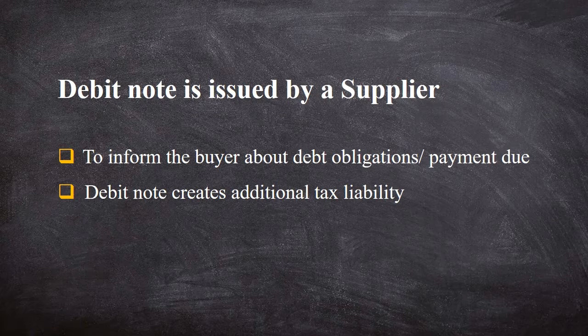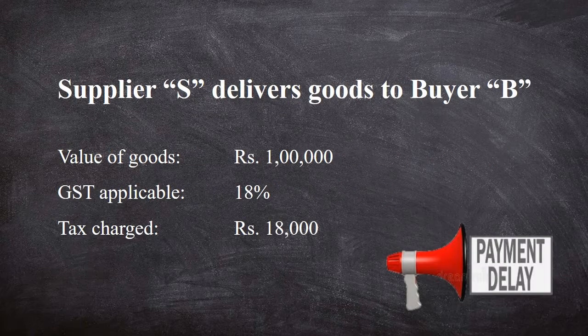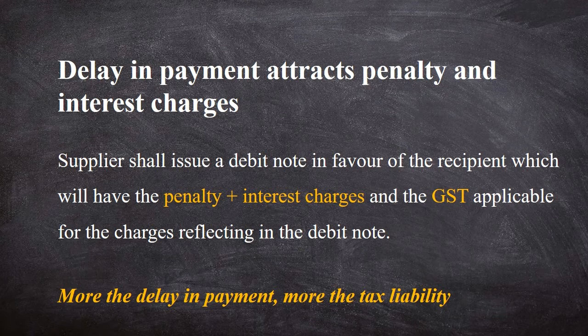Let's say supplier S has delivered goods worth rupees 1 lakh to buyer B, where 18% is the applicable GST. Therefore, tax applicable on 1 lakh is 18,000, and this will reflect in the invoice generated. In this situation, the buyer B delays payment to the supplier. This delay results in the supplier charging a simple penalty and interest on it. For the additional charges levied on outstanding payment, a debit note has to be issued by the supplier in favor